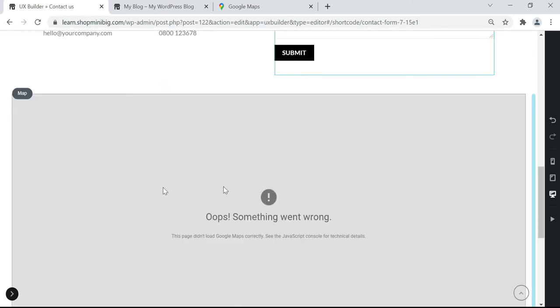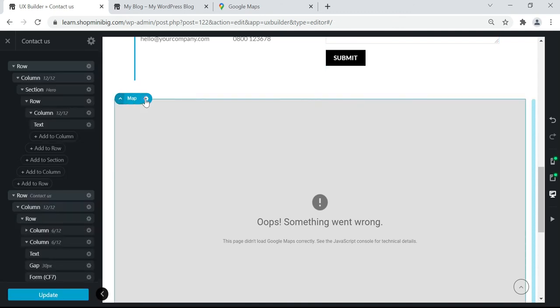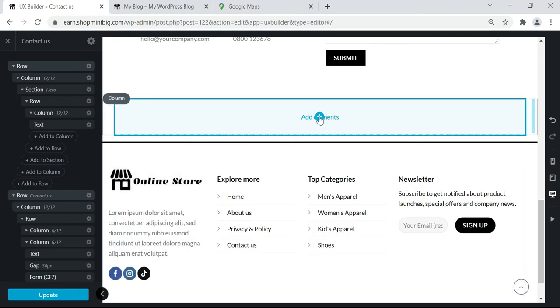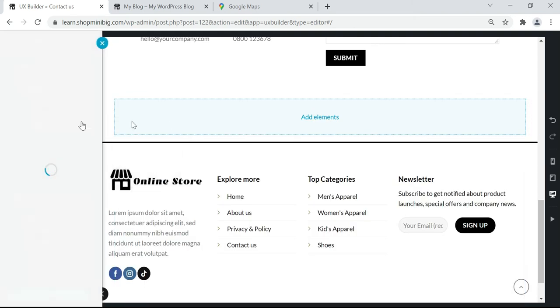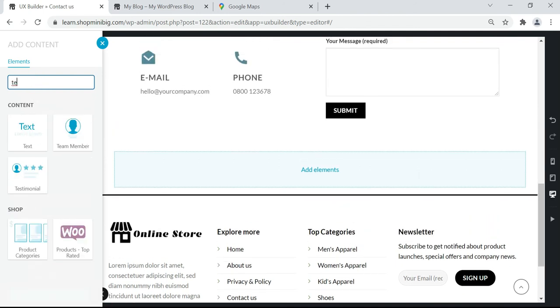Also here is a map, it's not loaded successfully. Let's fix this. Let's first delete this by clicking the setting icon, then click delete, then click this plus button and add text. Select this text.